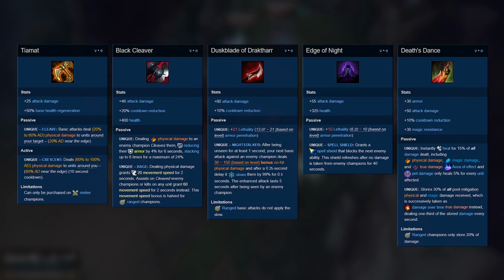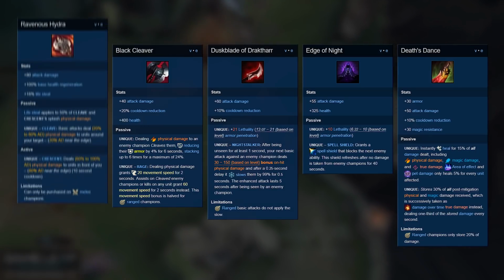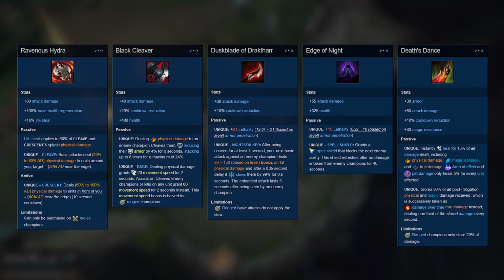And of course, to make that even better, you would upgrade your Tiamat to a Ravenous Hydra to finish your build. The last champion I'm going to talk about in the mid lane as one of the top performers is